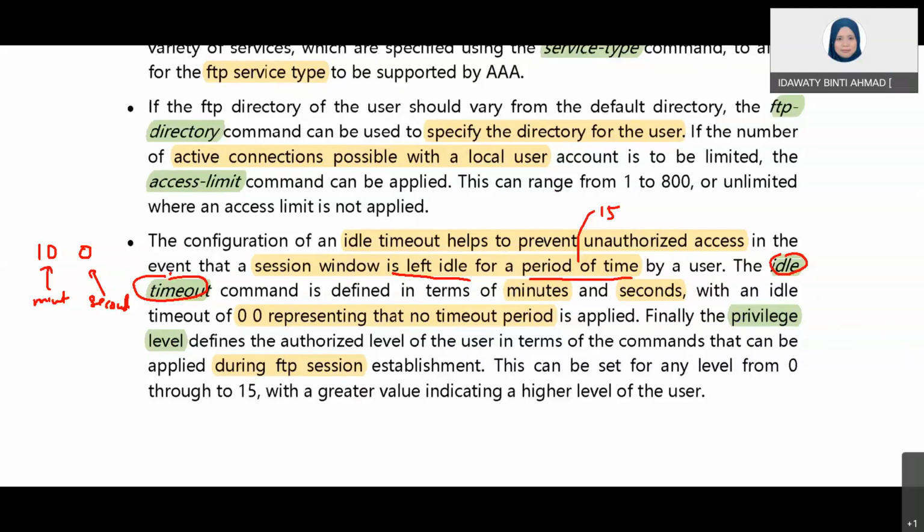So what is this for? I guess you all know that when you leave it idle, somebody else can probably access it, and this is to prevent unauthorized access, okay. So basically after you finish that session, you are the one who will say bye. There is a command bye for you to quit, okay. So if you don't do that by default, okay,